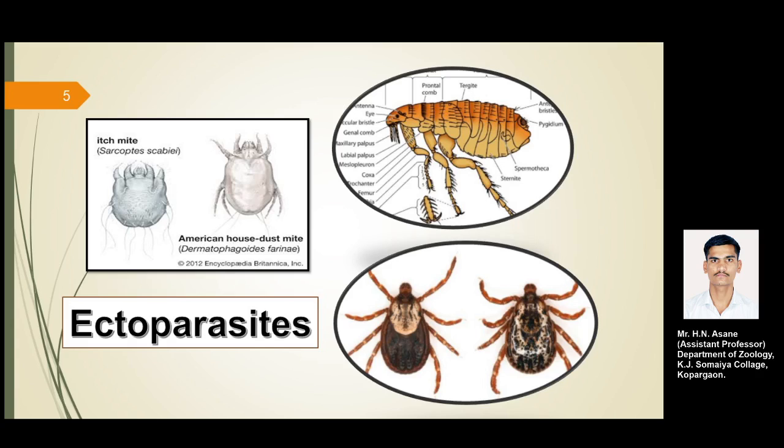But here the itch mites are focused by means of some equipment known as the electron microscope, or the compound microscope. So in the second picture you are going to see the picture of the flea which resides on